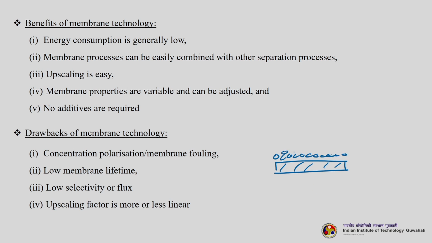Then the deposition layer increases, slowly the thickness increases. After a certain time, this will become a cake. Under the pressure it will become a cake, or we can say a gel. So, what is the meaning of this? When this gel layer or cake layer is getting built up, it will do two things. First is that your flux will decrease very drastically.